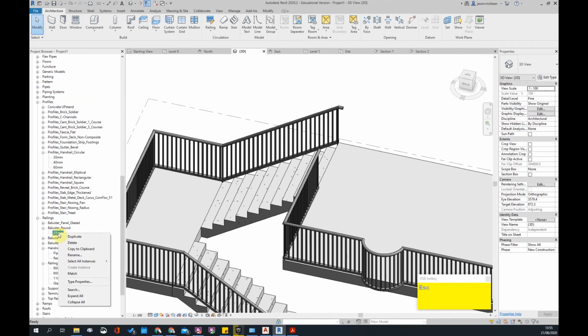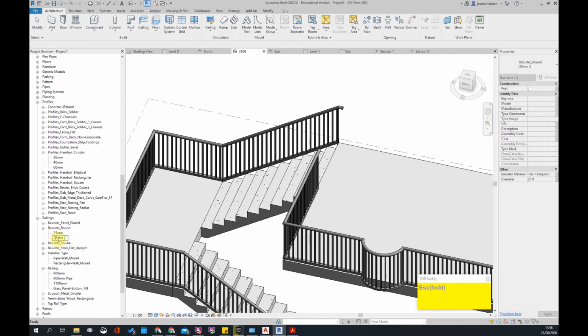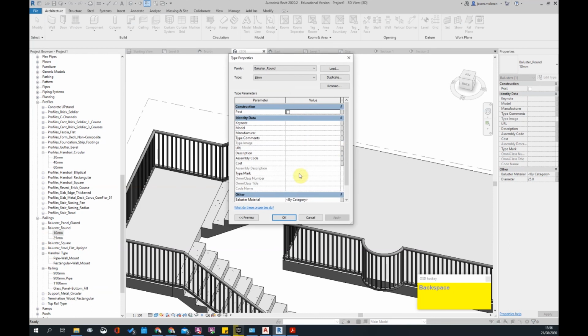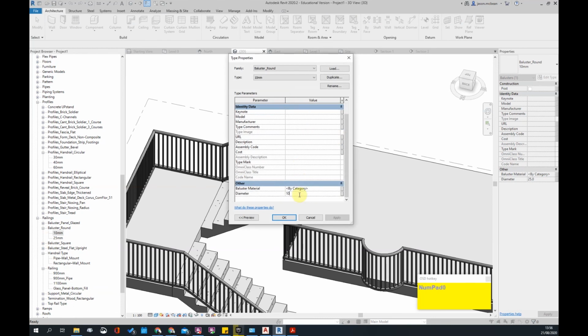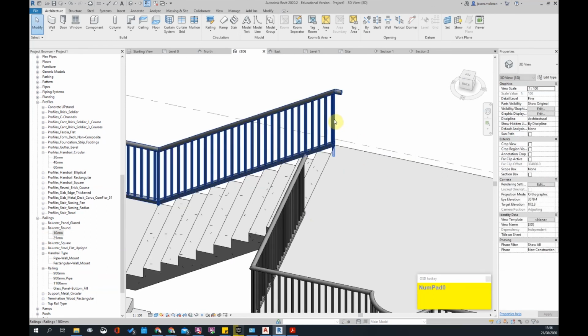So here I'm going to create a new type. I'm going to say duplicate. I'm going to call this 10 mil. You'll see the railing will start looking quite good. And just edit the type properties very quickly. I'm going to make this 10 mil. Go back in here again. And I'm going to go and edit